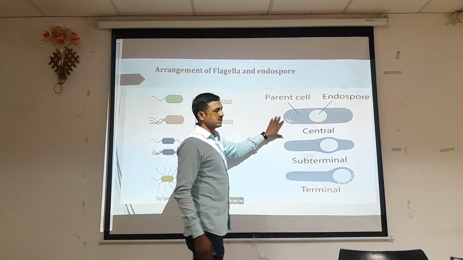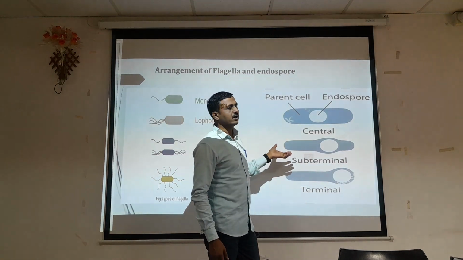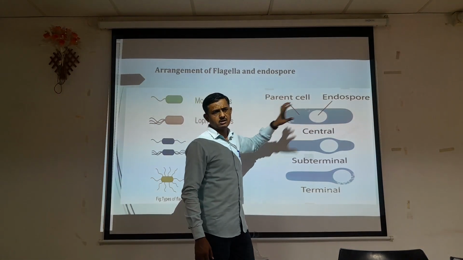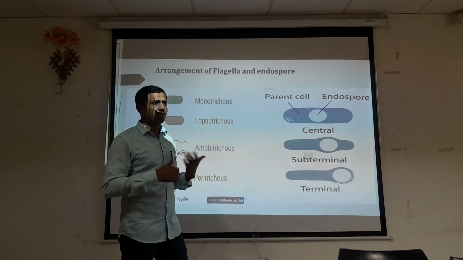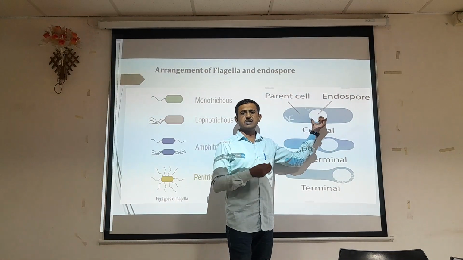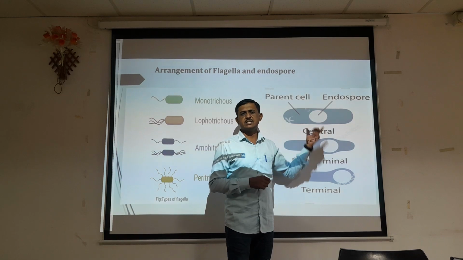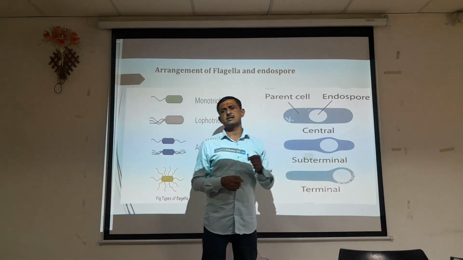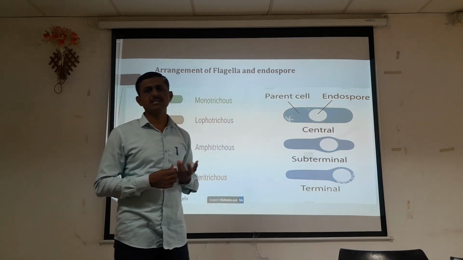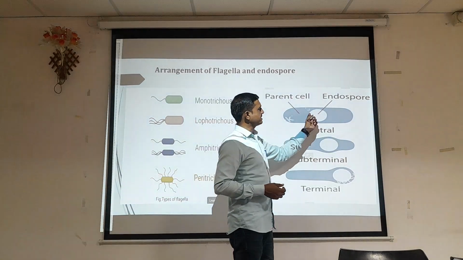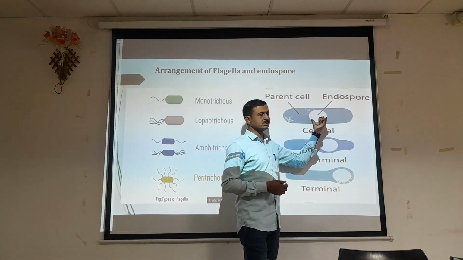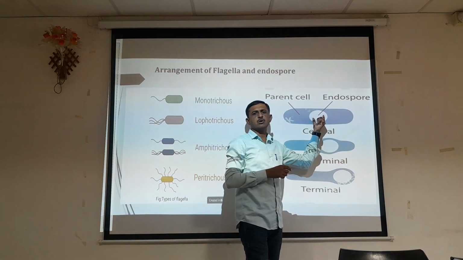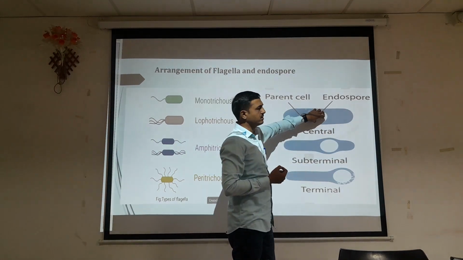Here is another structure, that is endospore formation. Some bacteria or bacilli are normally endospore producers. When we carry out the endospore staining, we can observe exactly where the endospore is present in the bacterial cell. It is present inside the cell. When we carry out endospore staining, we can observe a reddish and green structure, and here we use malachite green for the endospore staining. At the center of the bacterial cell we can observe a particular dot-like structure, which is nothing but the endospore.